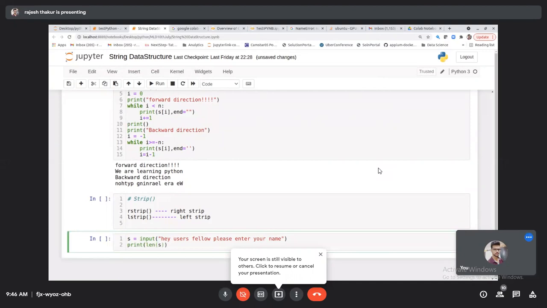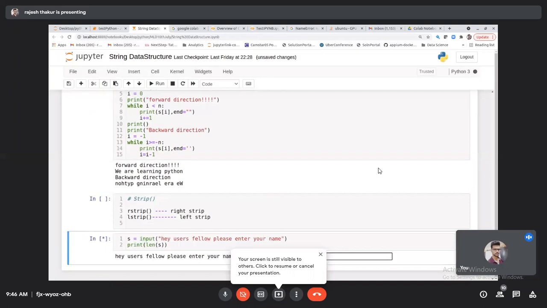ठीक है. So now just try to understand. User is passing, my name is Rajesh. What is the length? 6. Okay. Let's suppose user is passing Rajesh with spaces. Now, what is the length? 19. Are there 19 characters? No. But still I am getting 19. The user doesn't know the meaning of space. Due to that space, I am getting 19 characters, which is not good.